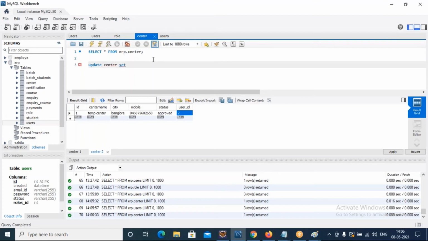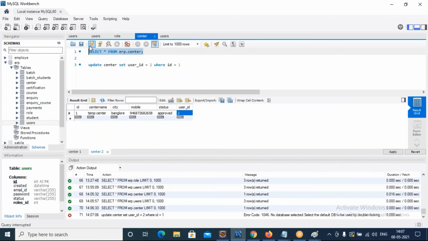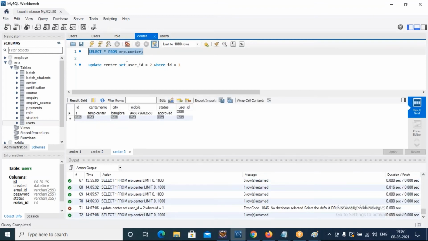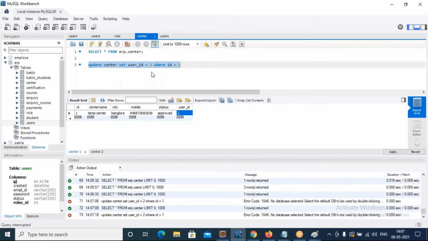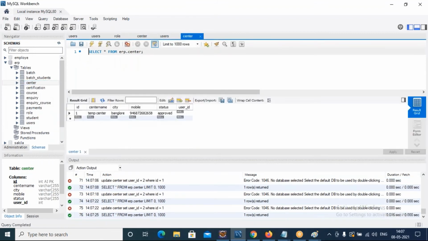Set user ID to, where ID is equal to 1. And it's not updating. Just a minute.